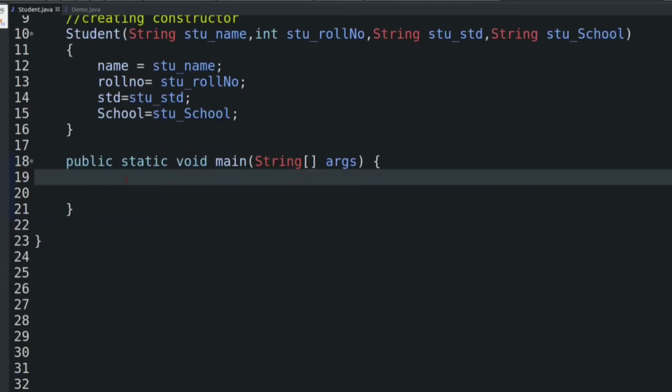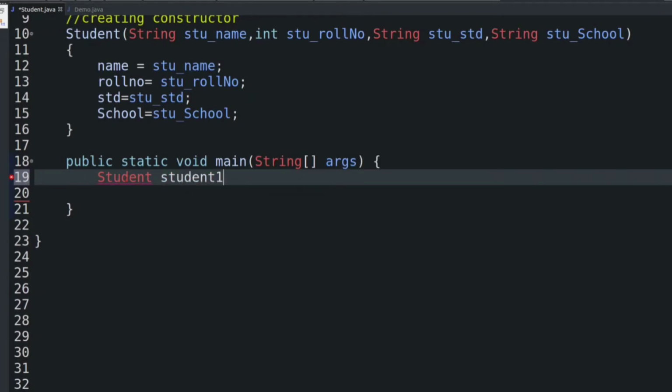Now we are going to create a student object inside the main method. And how to create an object, what is an object, I have already explained in the class and object tutorial. You can check it out at the link that I have mentioned in the description of this video. Okay, so we can write like this: Student, and object name, suppose student1.